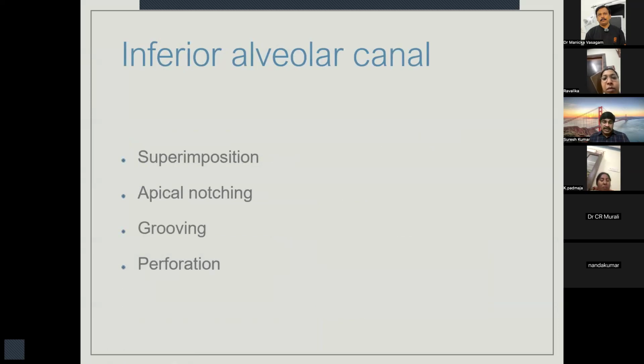Okay. More important in lower third molar assessment is the relationship of the impacted third molar to the inferior alveolar canal. This we miss out many times. Luckily, we live in India and we don't have much of medical legal issues. But if you live in Western countries or Europe, developed countries, if you remove a wisdom tooth and if you cause paresthesia due to injury to the inferior alveolar nerve, it is going to become a very big problem because patients are ready to sue you immediately. So be a little careful to study the inferior alveolar canal relationship.